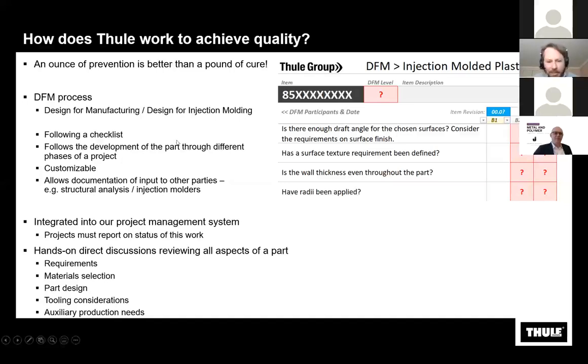But if I just quickly show the types of things that pop up in this process, it's having the ability to ask these questions. Have surface texture requirements been defined? Is the wall thickness even throughout the part? And these are open-ended questions because they should spark a discussion, because for every part, the requirements will be different. But having this discipline of going through these types of questions and doing this continuously throughout the different phases